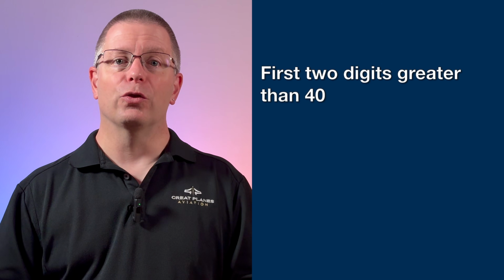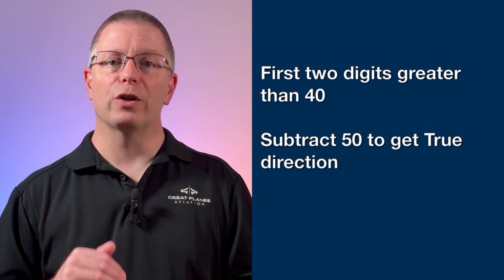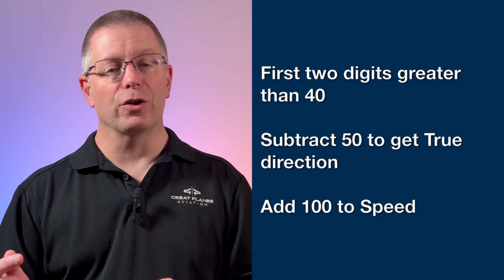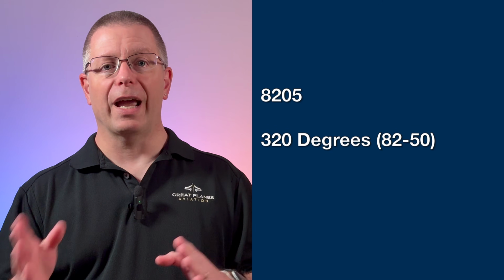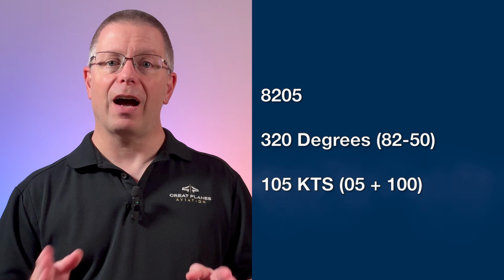If the wind speed is greater than 99 but less than 199 knots, the computer adds 50 to the wind direction and only reports the last 2 digits of the speed. So, anytime you see the first 2 digits greater than 40, you subtract 50 to get the actual wind direction, and then you add 100 to the wind speed. So, if you see 8205, that means the winds are from 320 degrees, or 82 minus 50, at 105 knots,